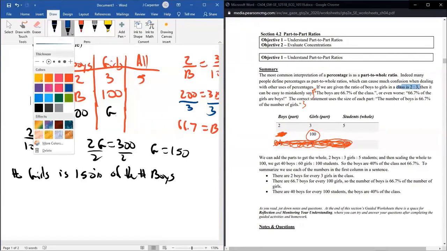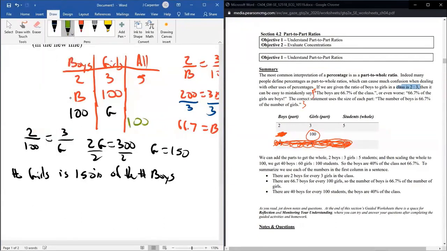So for the third version of this, let's make the 100 in the all. So now we will be thinking about this as a percentage of the total population. It's only when you put the 100 in the total that you're thinking about everything as a total of the population. Now you can solve for boys or girls. Let me just give these different letters since I already wrote B and G, so I'll call them X and Y. And you can make similar proportion tables to find this. So if you want to find X, this is the box you'd be drawing, so 2, X, 5, and 100. Or if you wanted to solve for Y, I'm just going to write that over here.